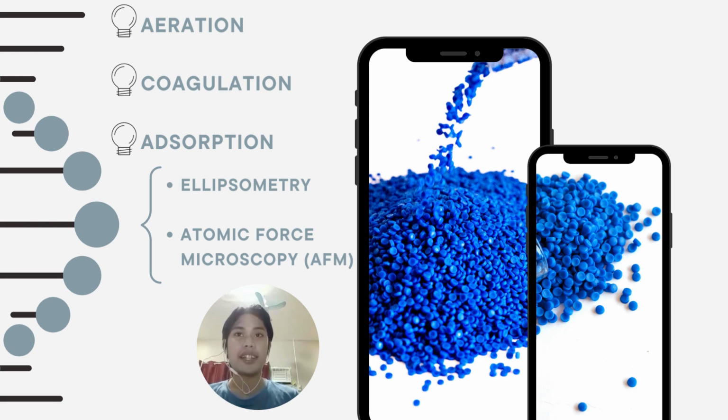As a result, techniques to remove such pollutants must be established. Aeration, coagulation, and adsorption are all methods used to remove nanoparticles from water. Aeration is a technique that brings air or oxygen into a liquid or other substance. Aeration is frequently employed in surface science to remove bubbles or stir up the liquid, which may enhance mixing or